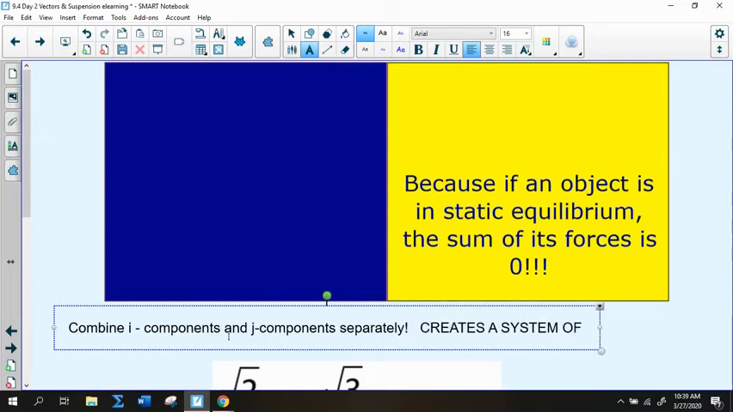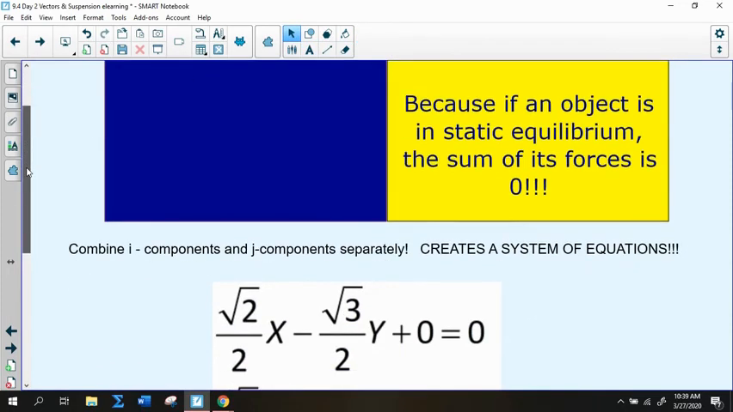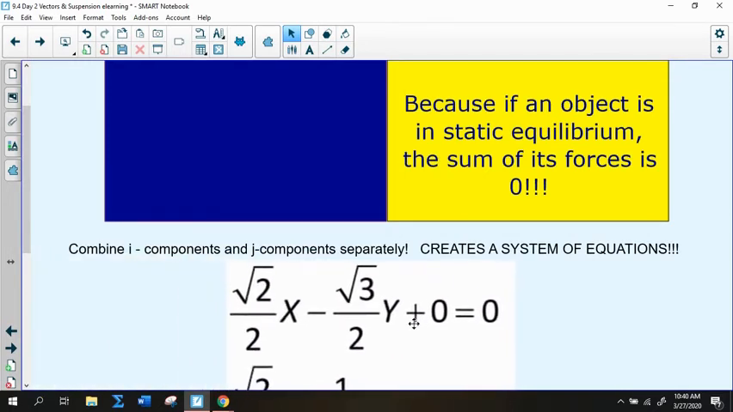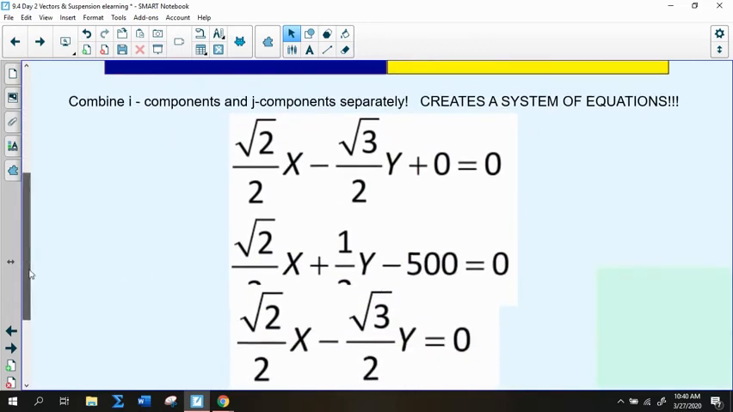So we're actually going to create a system of equations that we are going to use the calculator to solve. Okay, so here's the first one. The I component of the first vector was root 2 over 2x, and the I component of the second vector was negative root 3 over 2y, and the I component of the third vector was 0. And then the J component,